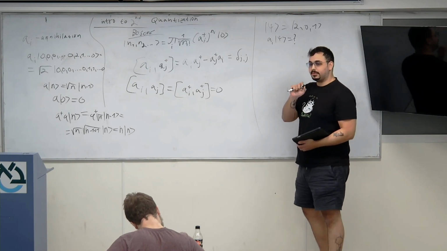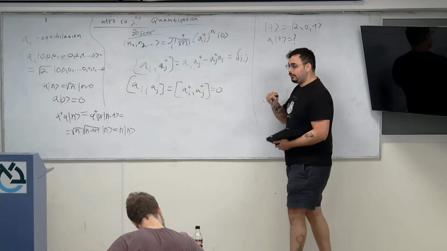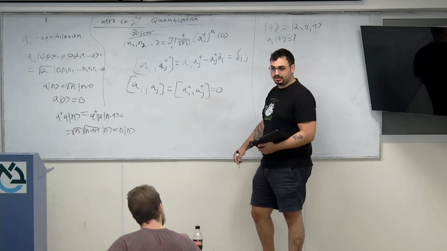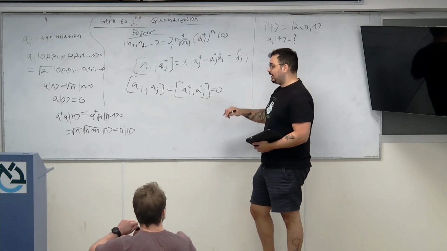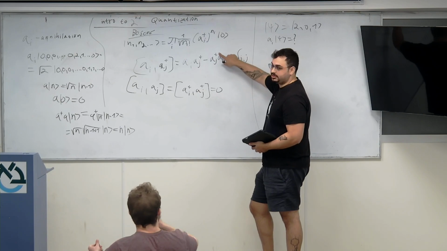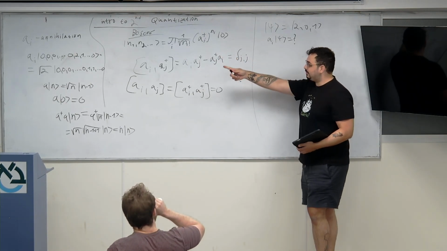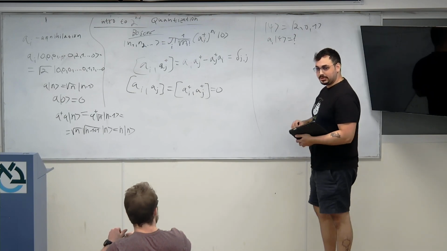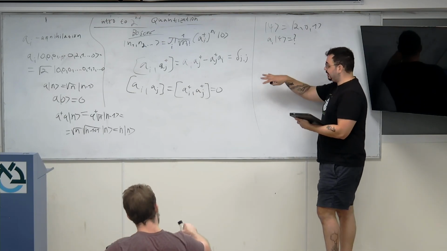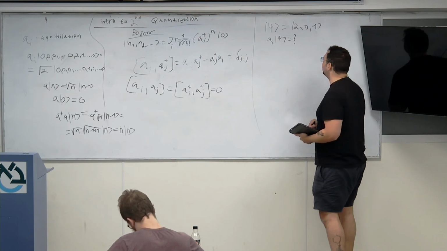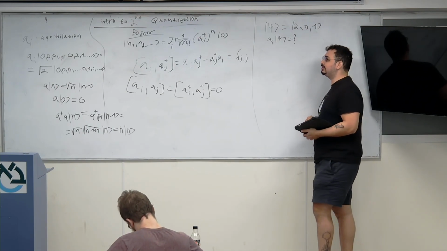Before I do that, I'll say something very small. A lot of people write the operators with a hat to signify the operators. I usually remove the hats when it's obvious that it's an operator, for the same reason we write everything like this: I like to make things as short as possible. So if I don't write a hat, I bet you'll be fine. You seem very smart indeed.